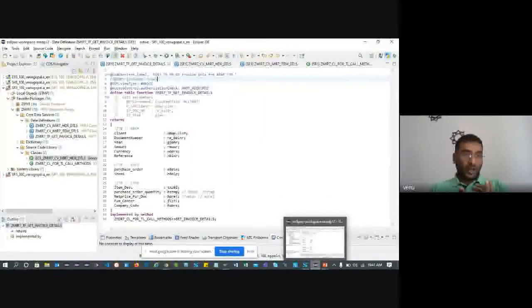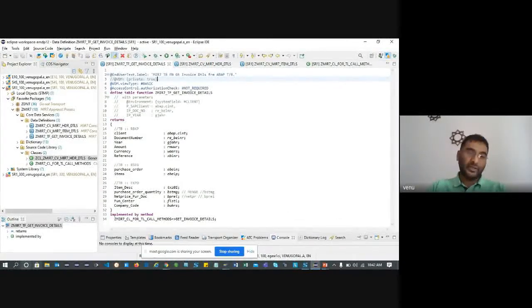It's in Eclipse. Earlier it was HANA Studio, but we cannot use it in future, so better to have this in Eclipse. Any Eclipse you can have. It's free and open source, you can download it from Google and install it in your system. You just need an SAP system with the environment we suggested.